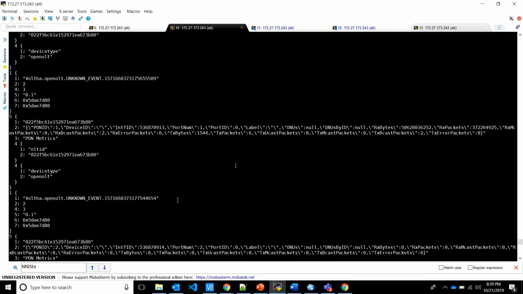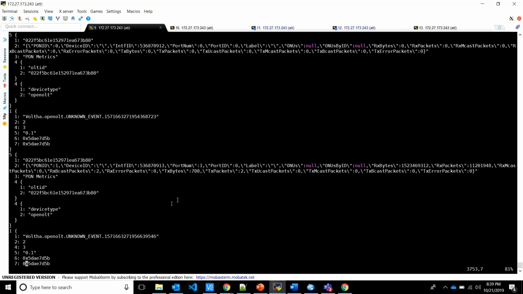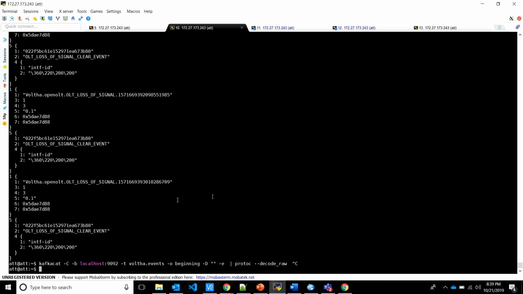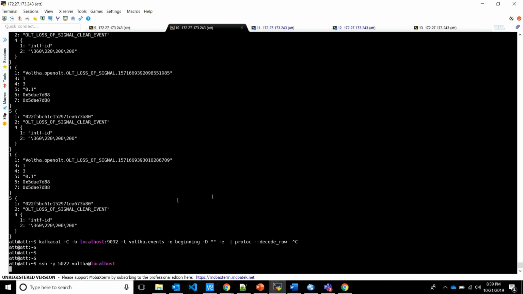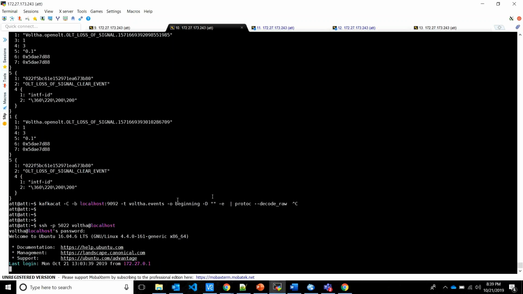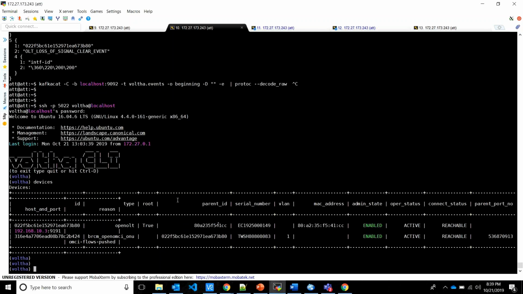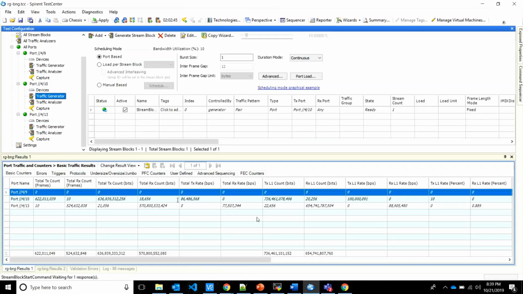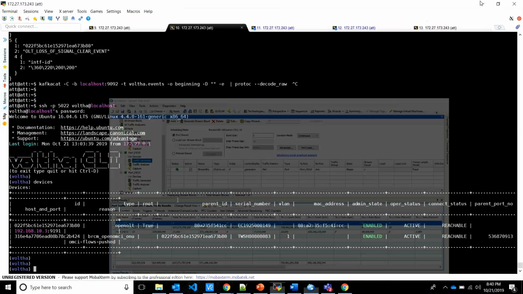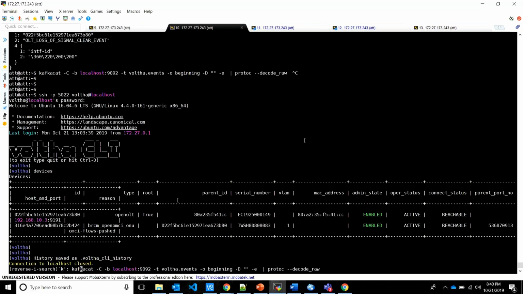So jumping into the demo part, currently if I log into VOLTHA, I have a VOLT and the ONU getting provisioned, with all the activations done now. I'm pumping the data from the Spirent. So the RG is pumping the traffic continuously. If I do a Kafkacat,